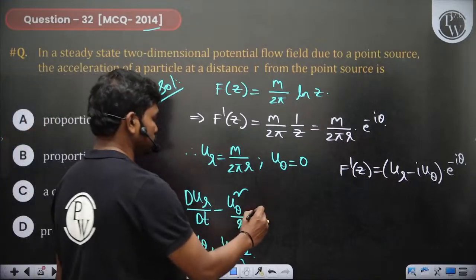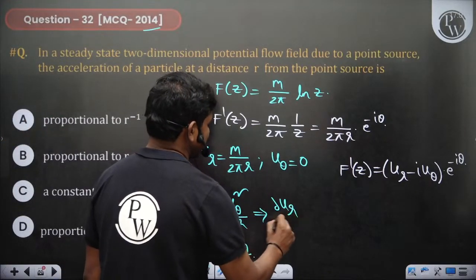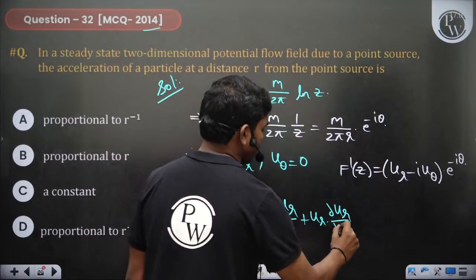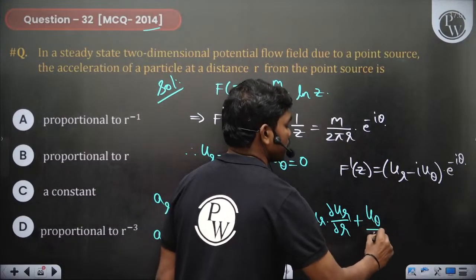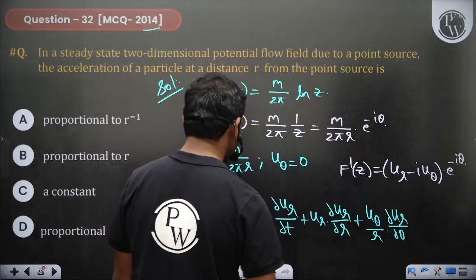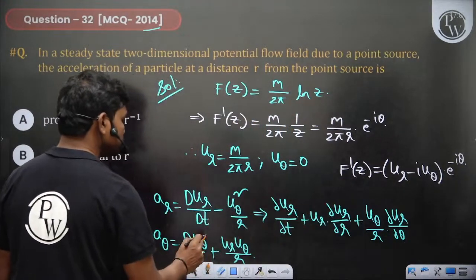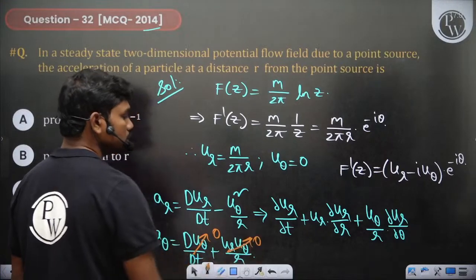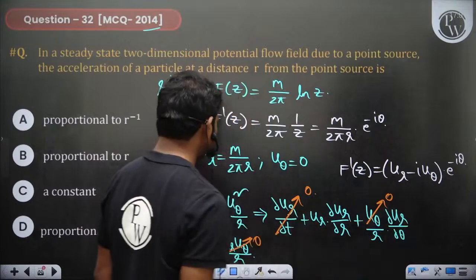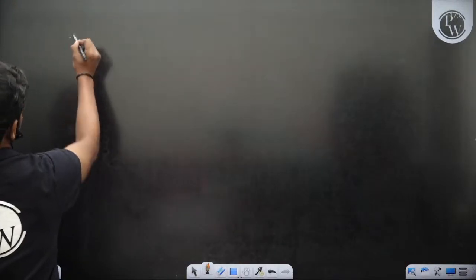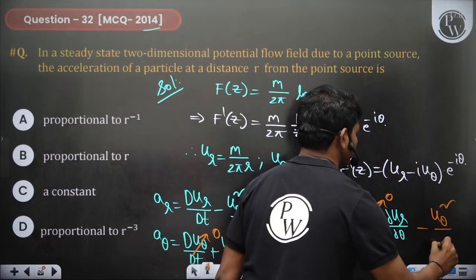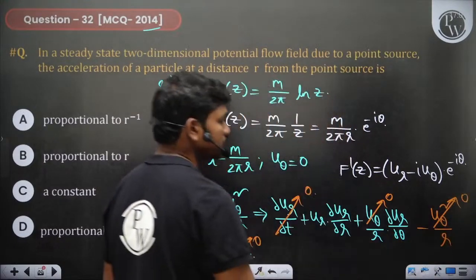So if you expand this, that's all. No z component. So anyway, this u theta is 0 and this u theta is also 0. So steady flow, this u theta is 0. So therefore you only have minus u theta square by r,